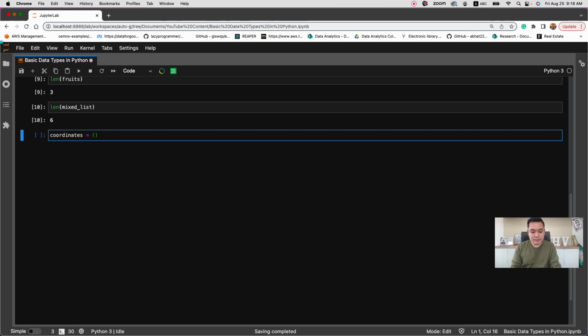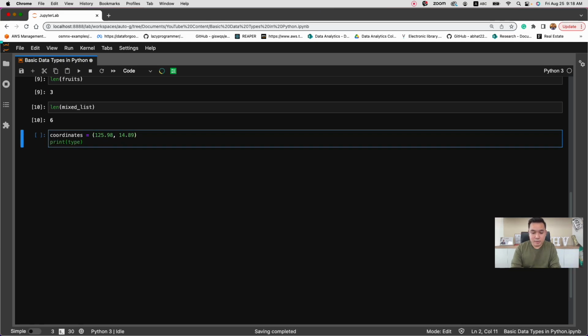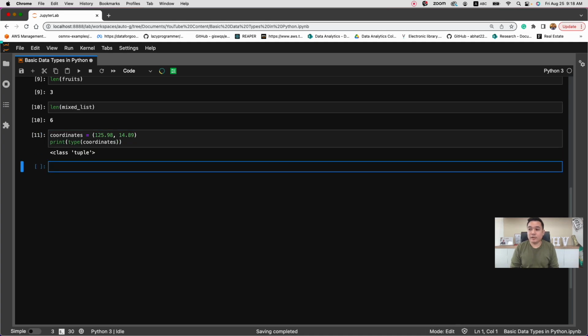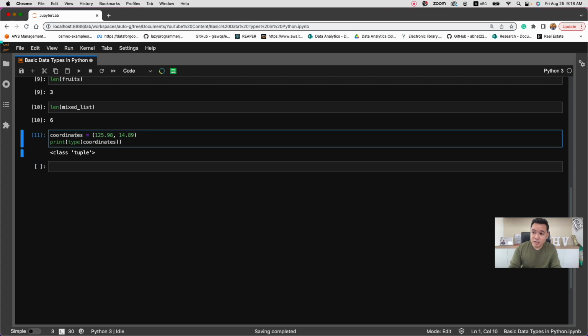So for example, for this case, we have 125.9, and then maybe 14.89. And if you print the type here, tuple. Note that it's very important for us to emphasize tuples are immutable, meaning that their values can't be changed after you create or initialize them. In this particular case, we have initialized them to be these values, and therefore they can no longer be changed over the course of, let's say, maybe even a loop, or whatever that we do in the code or